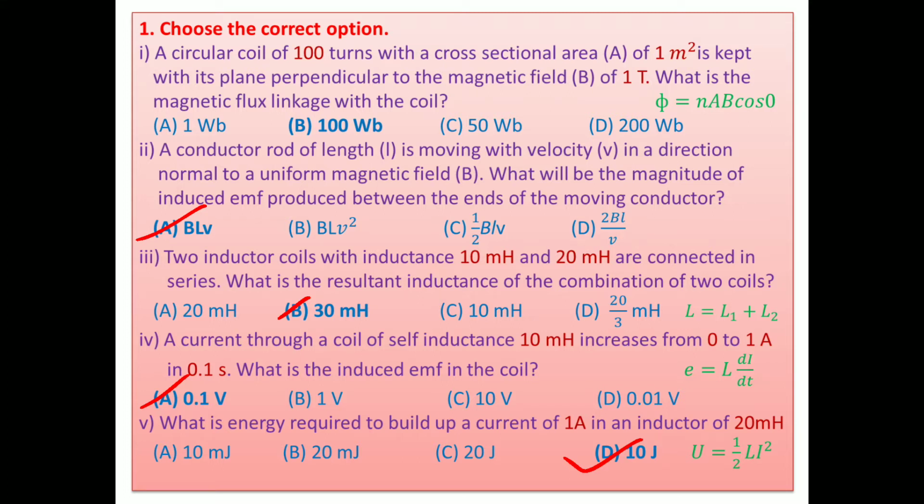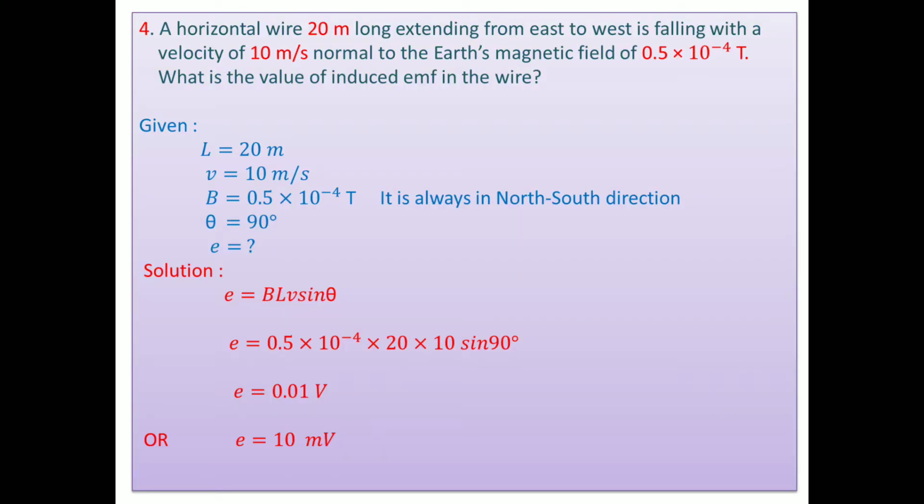The required formula is half L I square. L is 20 into 10 raised to minus 3, half of it means 10 into 10 raised to minus 3. Here, 10 millijoule is the answer, not 20 millijoule. This is not the answer; this is the answer. Thereafter, we are going forward very straightaway. Here 0.01 Henry means 10 millijoule. Okay. Thereafter, we go through numerical number 4.